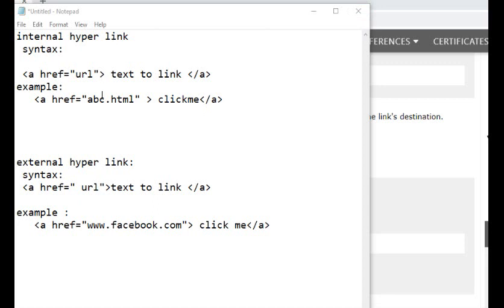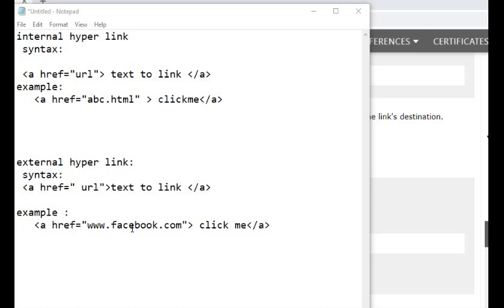In the internal hyperlink, we are linking a page already created by the user. In the external hyperlink, we are not creating that page; it already exists. If you want to open Facebook, we need internet. But to open this abc page, we do not need an internet connection. It is a local web page.